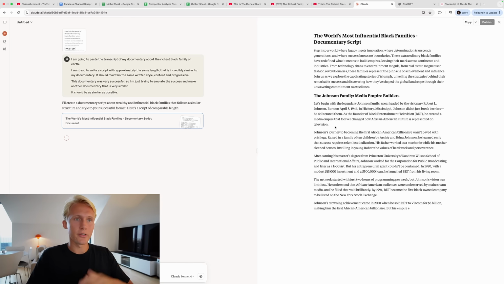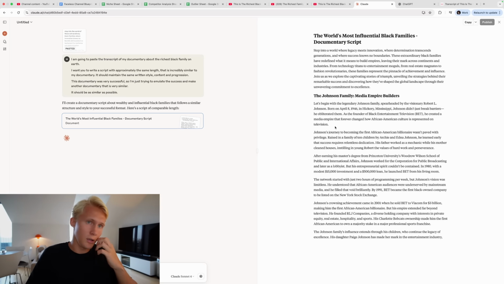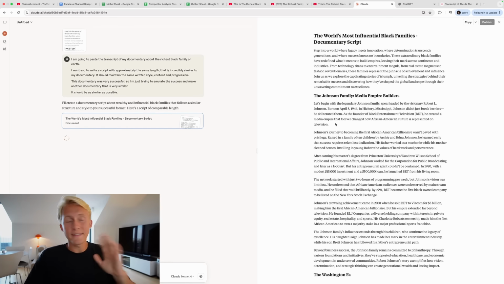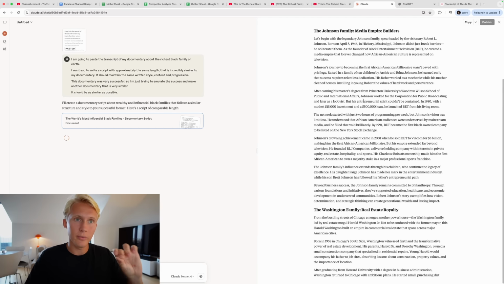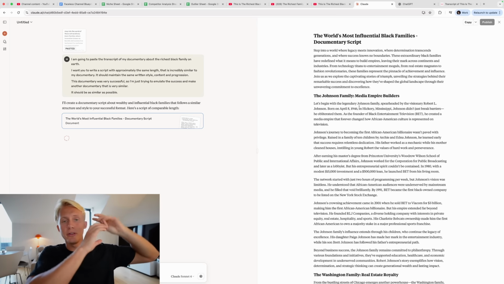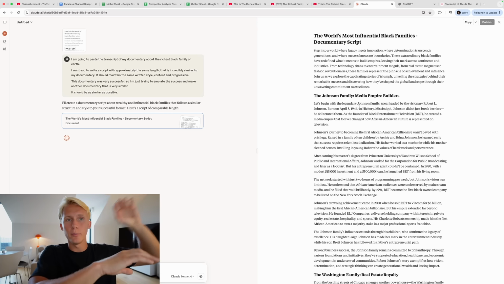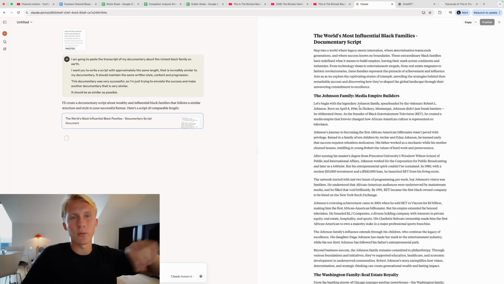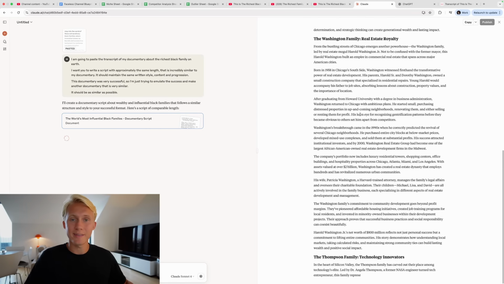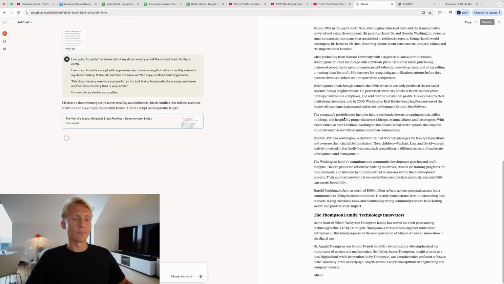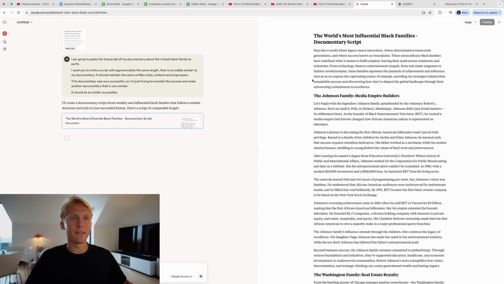And as you can see, it's starting to generate the script here. And as I said before, ChatGPT would not be able to write such a long script in one go. You would have to divide it up into parts and then generate every part segment by segment, which would take a lot longer. So in this case, where we don't need the best script on earth, Claude is actually really, really effective at making those.